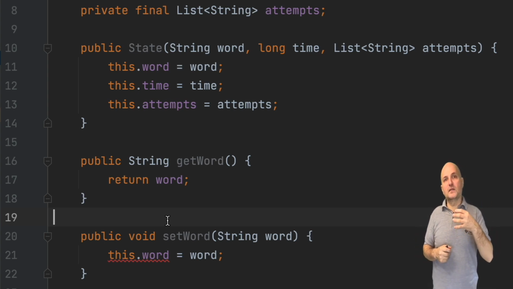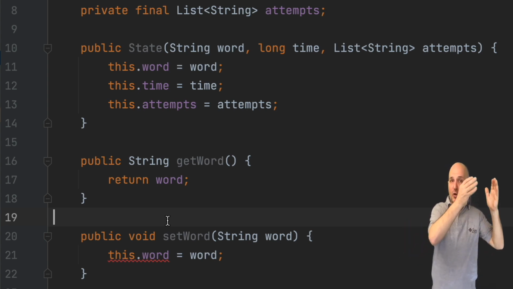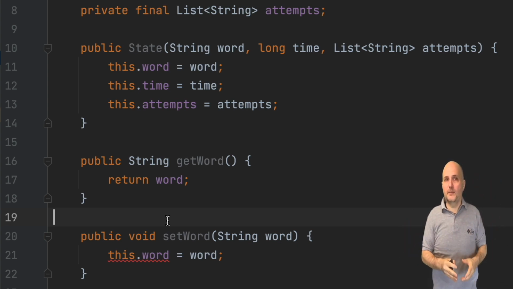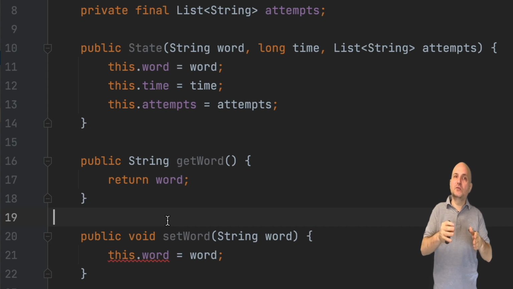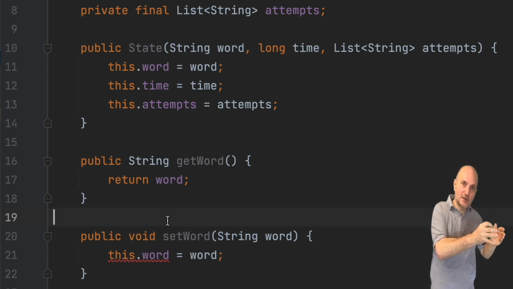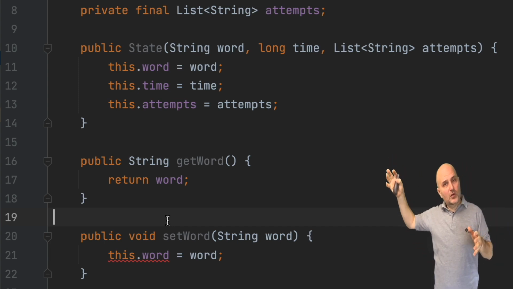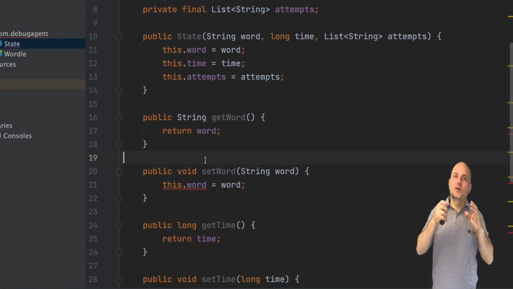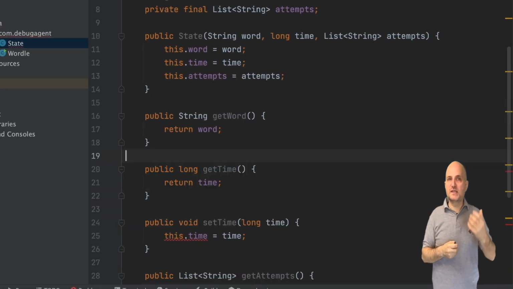Notice that since the argument name has the same name as the field, how would Java know if we're referring to the argument or the field name? We can use this to be explicit about meaning. Here we assign into the field on the left-hand side from the argument on the right-hand side. Finally, we remove all the setters.